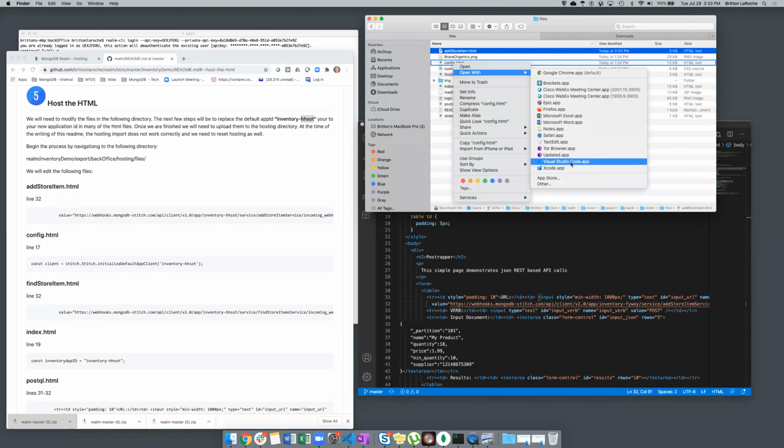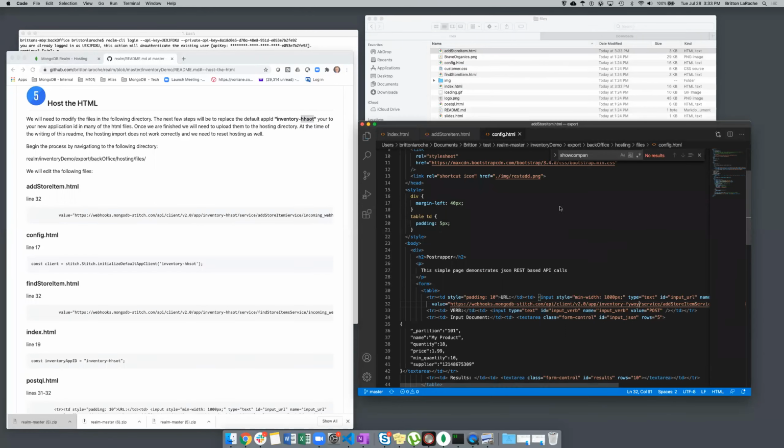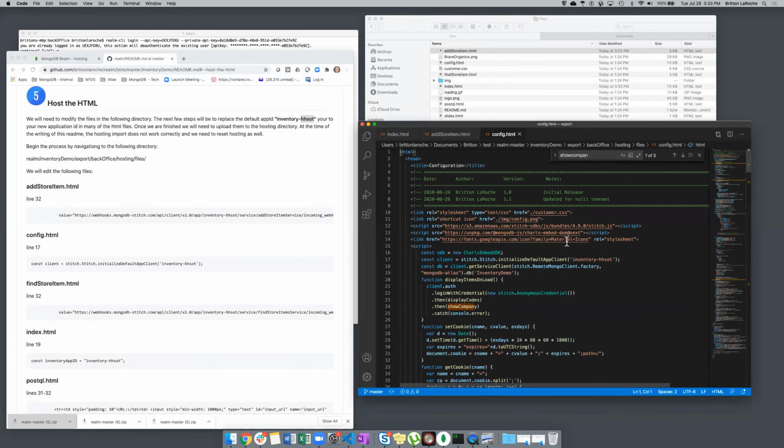Open with Visual Studio, or whatever editor you're using. This is config line 17. So I'm going to replace this with the new one, Control S, and then I need to go into